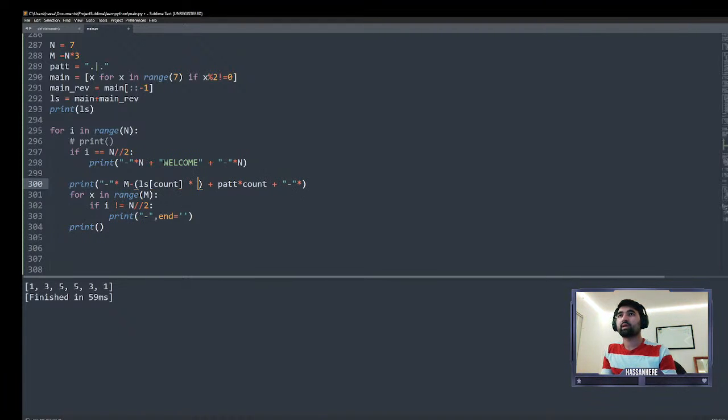We're going to multiply it by 3 because the length of our pattern is 3, right? So 1 will be 3, so 21 minus 3 is going to give us 18, and 18 divided by 2 is going to give us 9, right? And that will